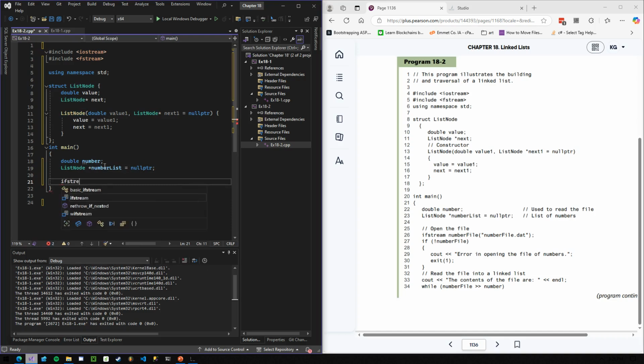All right, if stream number file, passing in the name of the file, numberfile.dat. If we fail to open it, if not number file, cout "couldn't open it," exit 1, some failure exit code. Otherwise, we'll keep going. Cout "contents of the file are" endl,